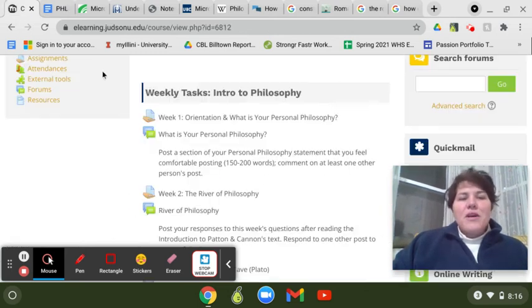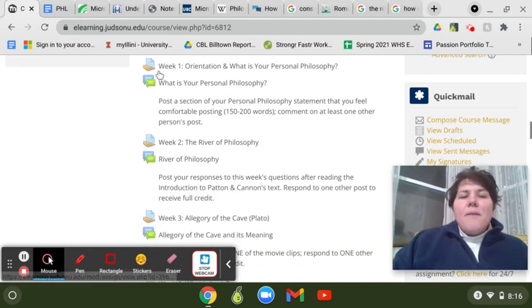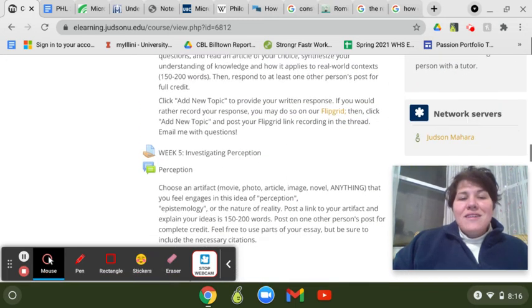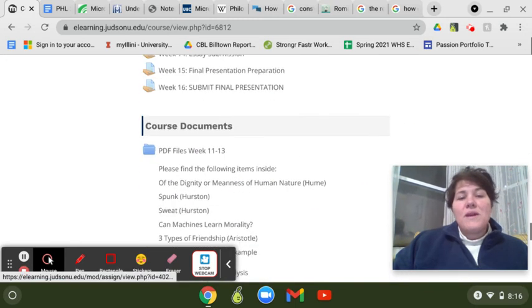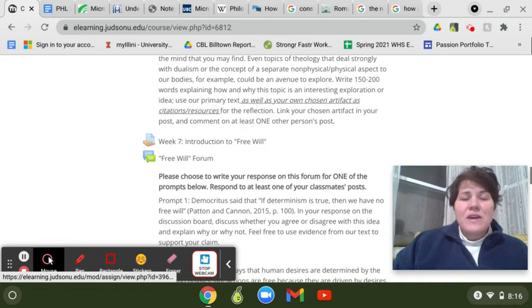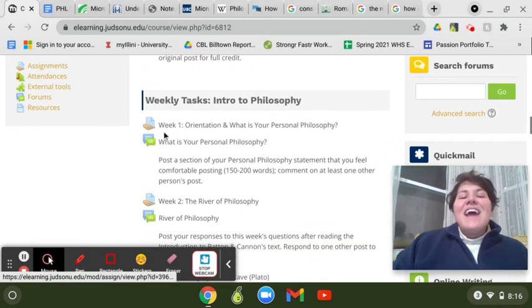Okay, I'm going to pop back over here because, like I said, I think this shows the course structure a little bit better than the syllabus. But you can see here, I haven't done anything crazy. It's just going in order of the week. So we have 16 weeks together, which sounds like a crazy amount of time, but actually it goes really quickly. And each week is pretty much the same.